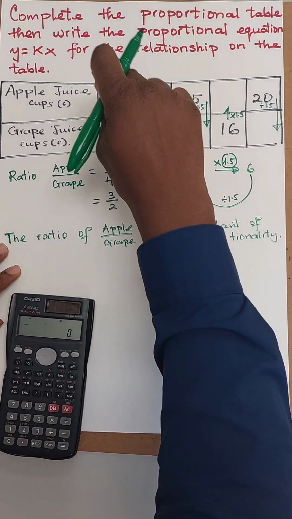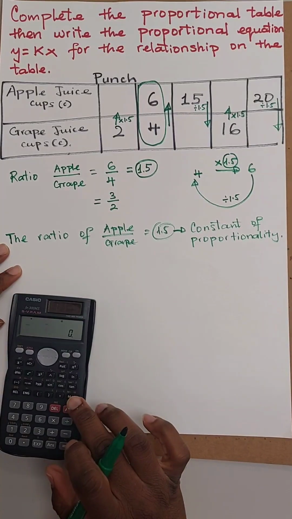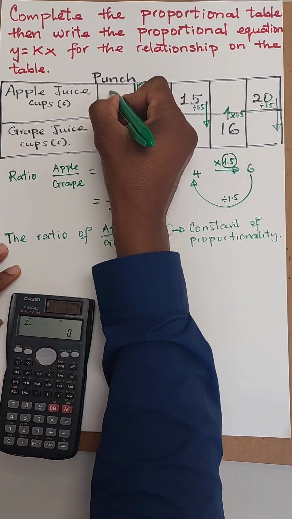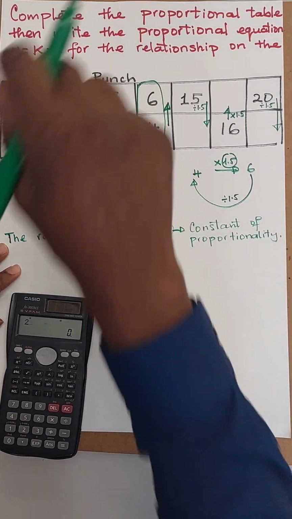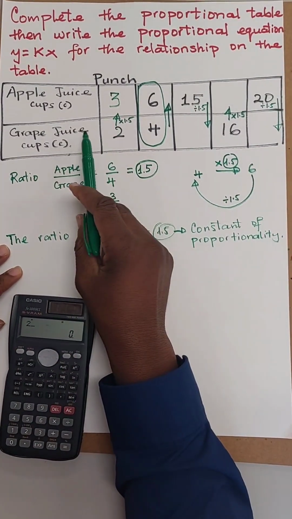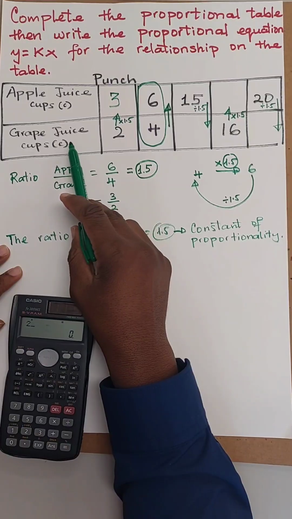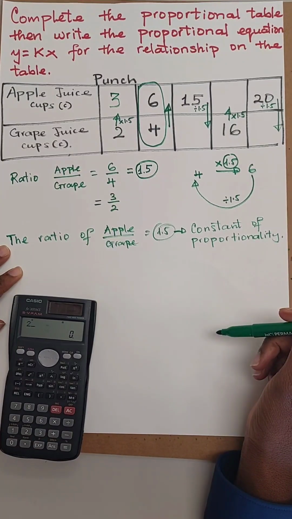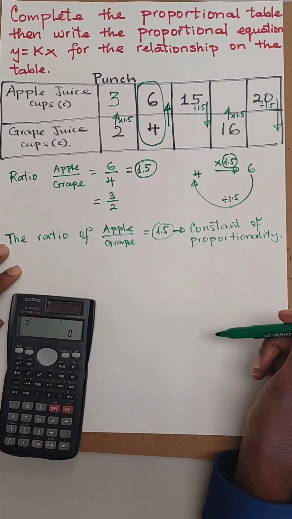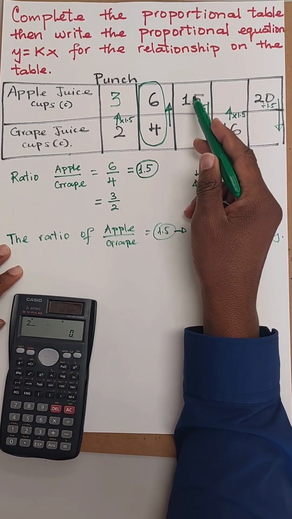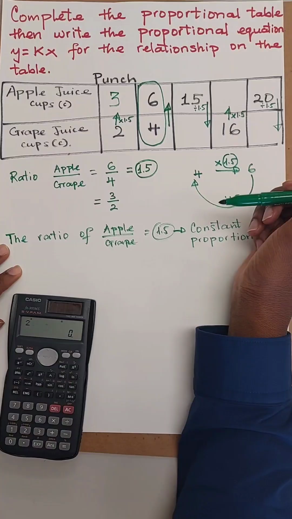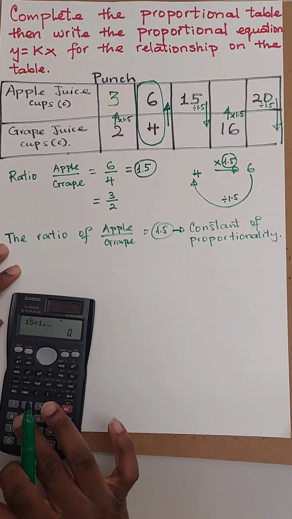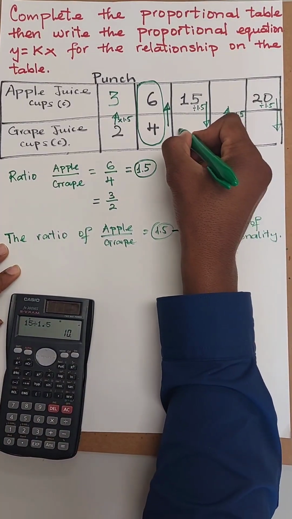So there we go. 2 times 1.5 should give us whatever needs to be sitting in there. So 2 times 1.5, 3. So 3 is the number that should be here. So this is saying that if I am mixing that punch and I only want 2 cups of grape juice, then I will be needing 3 cups of apple juice. Okay. Now if I have 15 cups of apple juice, how much of the grape juice will I need? 15 divided by 1.5. Let's go. I will need 10